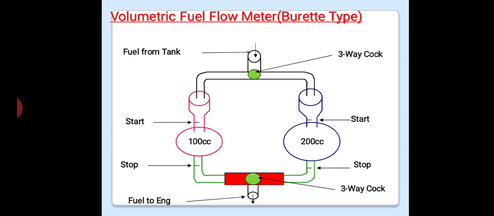The time required to feed the given volume of fuel is noted. The mass flow rate Mf is equal to volume upon time into density. The disadvantage of this method is that it does not give exact mass flow rate due to variation in density